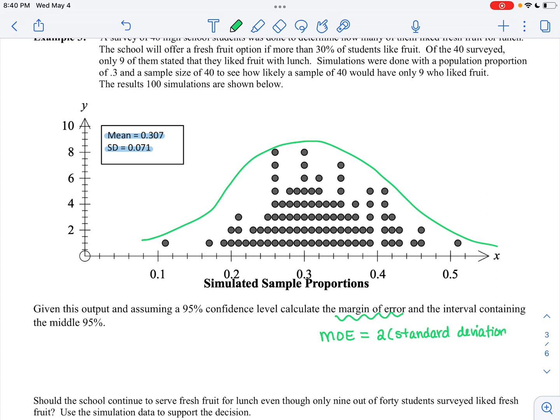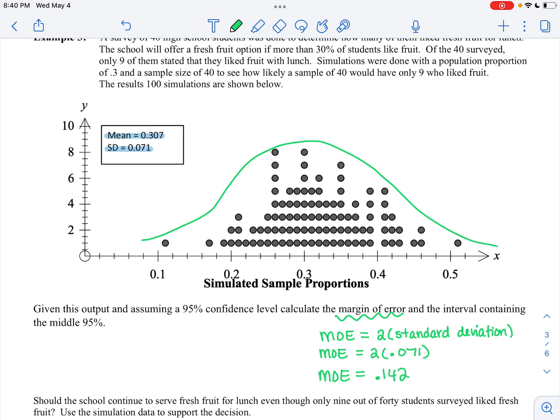So let's take our standard deviation, 0.071, and multiply it by 2. Just realized I don't have my calculator in front of me. Give me a second. So 2 times 0.071,